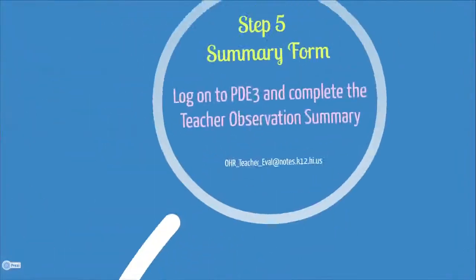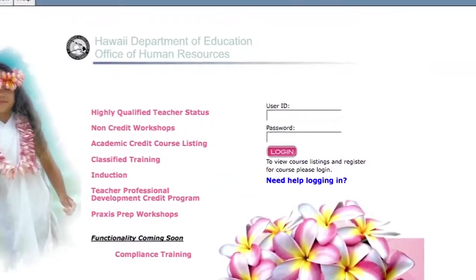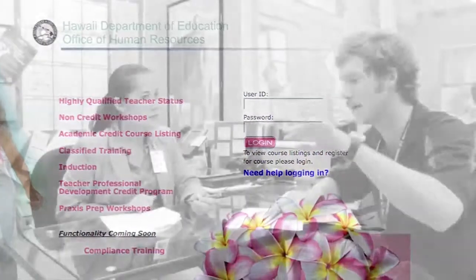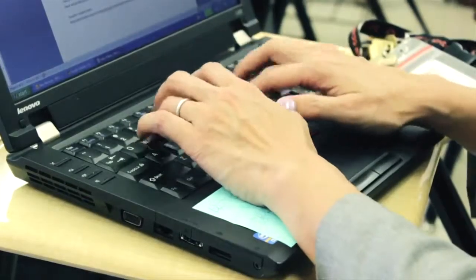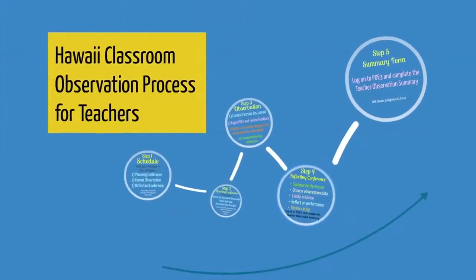Step 5 is concluding the observation cycle. Log into the PDE3 system and complete the teacher observation summary based on the discussion that you had in your reflection conference. Your principal or vice principal may add comments to your summary form. This closes out the formal observation